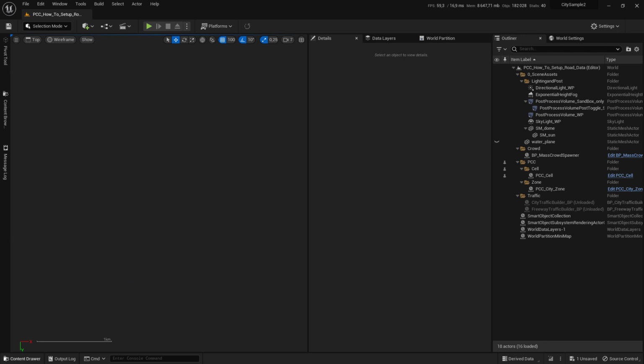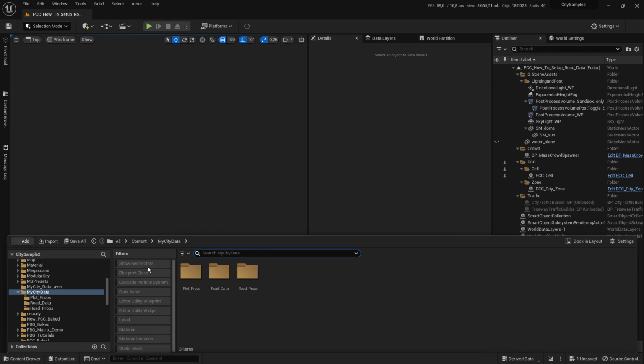Hi, in today's tutorial I will show you how to create the root data. The root data is data that will be used to generate the root of the cells and the zone. Go to your content browser and go to where we stored our previous data and create a folder labeled root